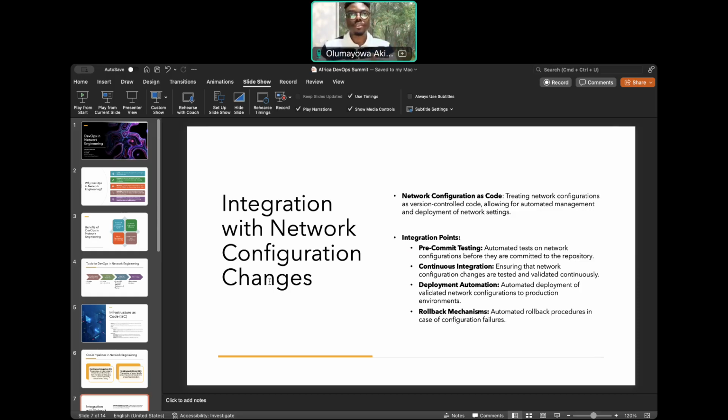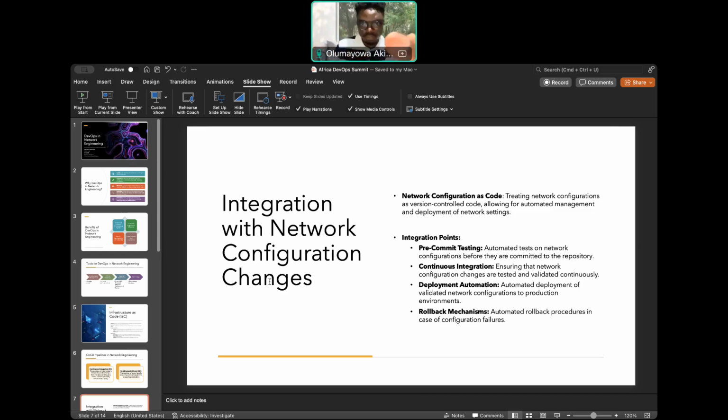Your network configuration stays on your version control system. When changes are made, automatically it goes through the CI/CD pipeline. It gets to the build, it goes through several stages, and it's sent into delivery or production following the CI/CD pipeline.